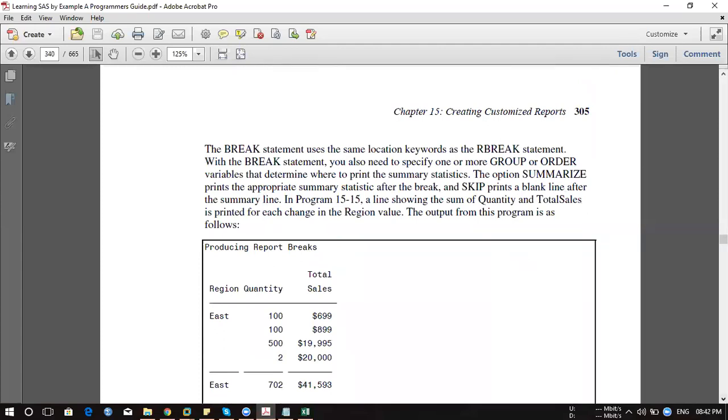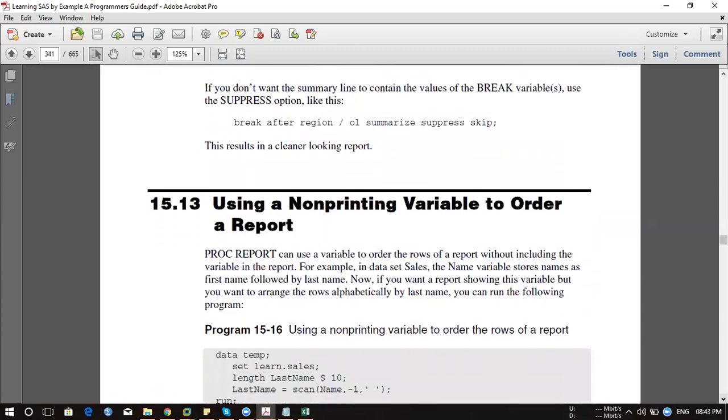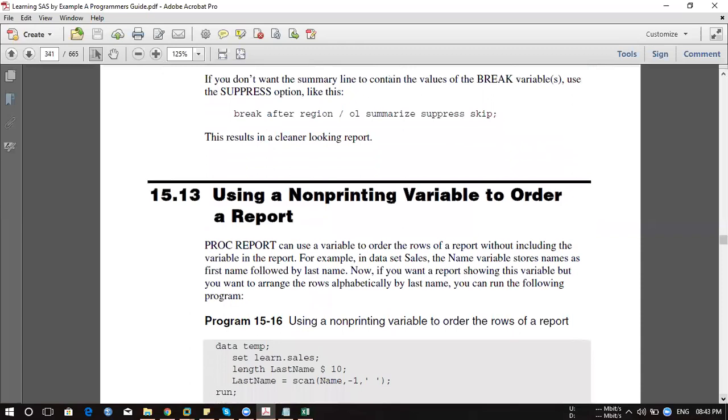For that you use it. So both are the same, it's a cleaner way. So you can use suppress with skip. It will only keep one. If you don't want the summary line to contain the break value, use this suppress option like this. You can use it like this where you won't have it.